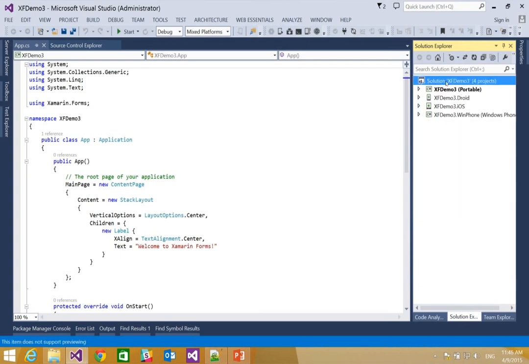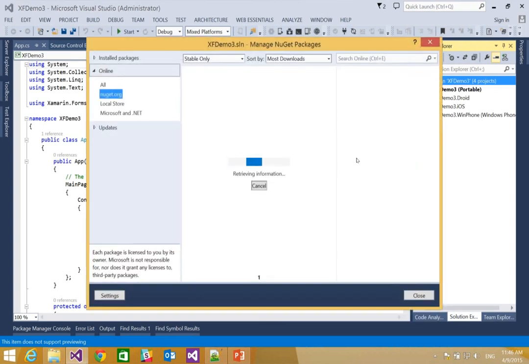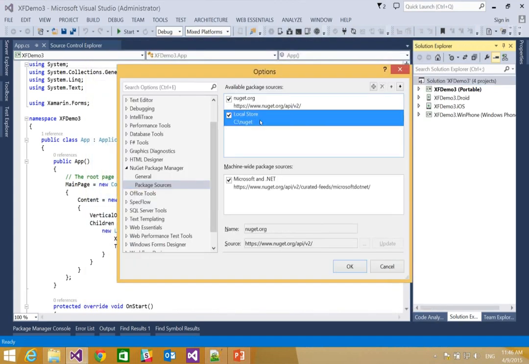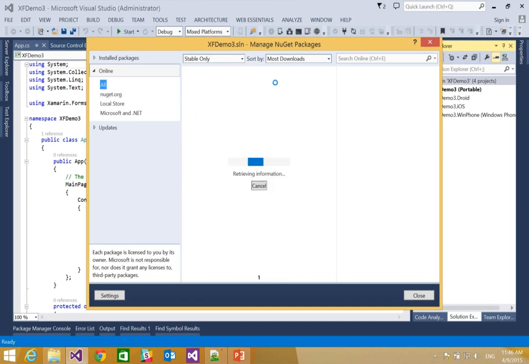So I have a bunch of projects here, and they already include the references to Xamarin.Forms, but they need the references to our DLLs as well. So I'm going to open up Manage NuGet Packages for Solution. And if I click on Settings here, what you'll see is I've added an additional package source, and I've just pointed it at that folder where the NuGet packages were for our product. And provided that we have that, I can basically do a search for